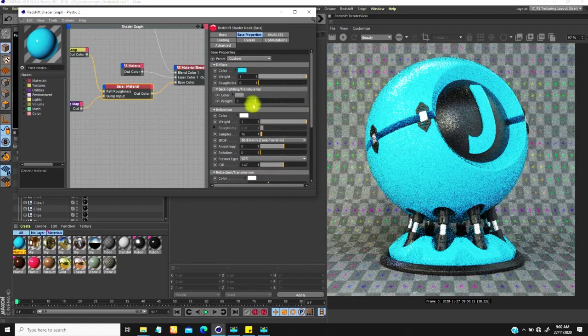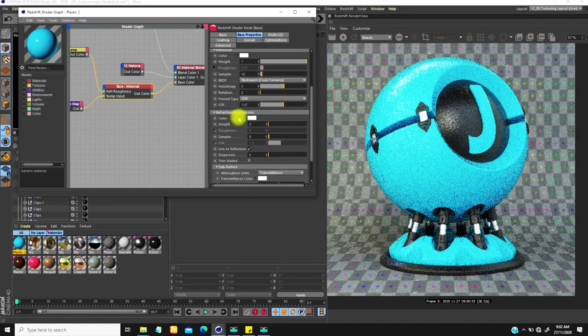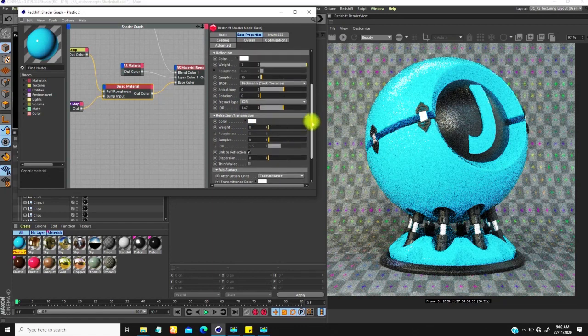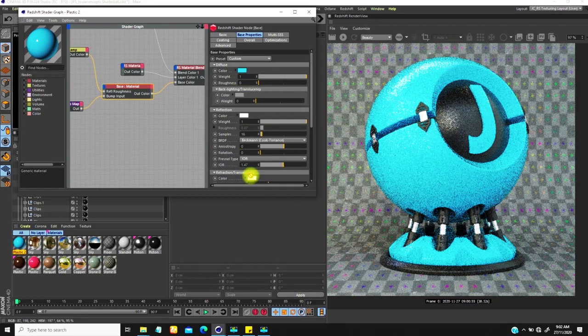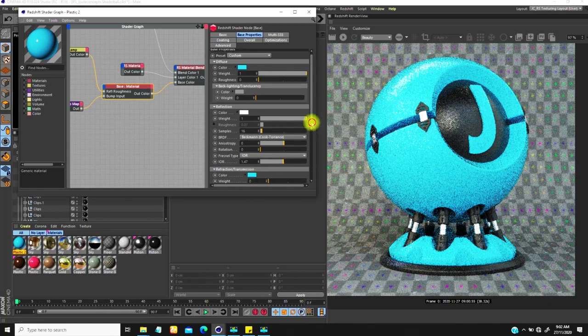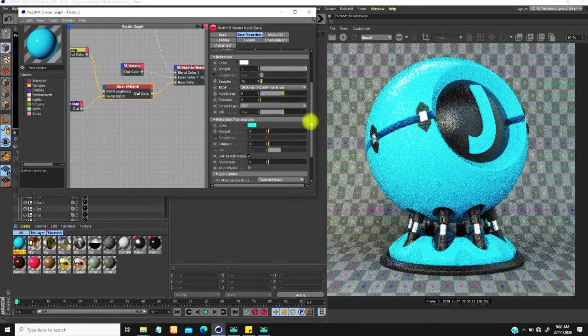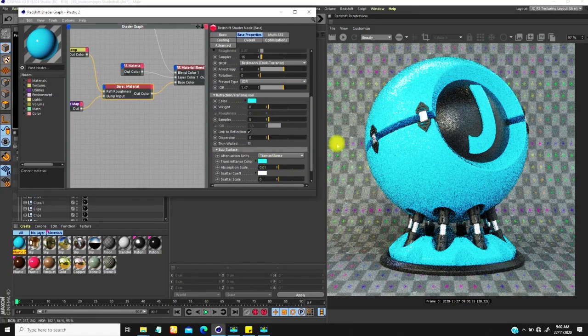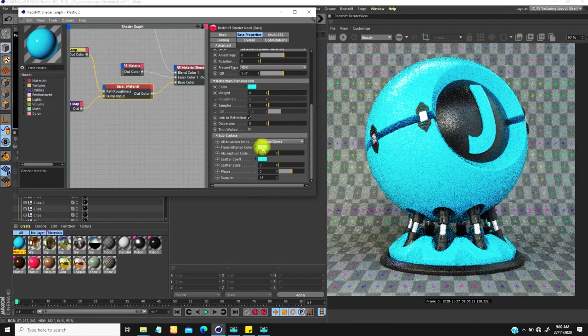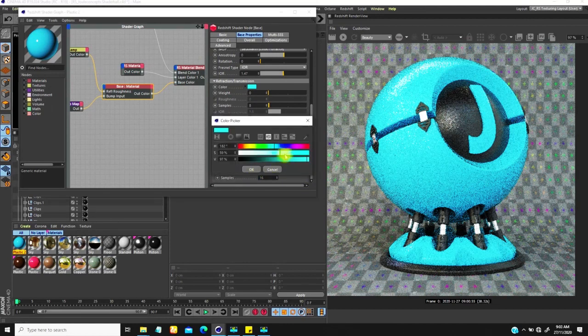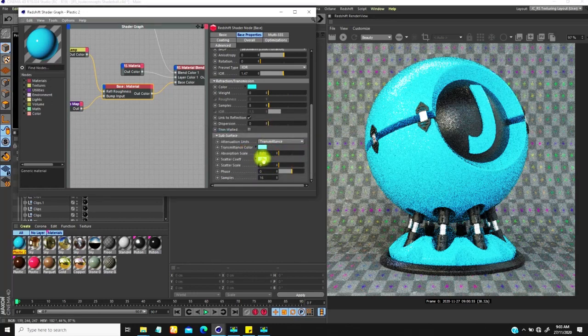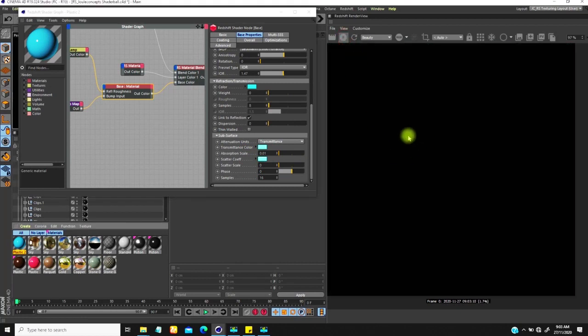If I come to the refraction transmission, I'm going to copy this guy here and paste it over here. Then I'm just going to add a little bit of this to that. Then I'm going to copy this over to the transmission and also to the scatter coefficient. So bring this here, just reduce the diffusion a little bit, and copy this here. You won't really see anything yet until we start to introduce